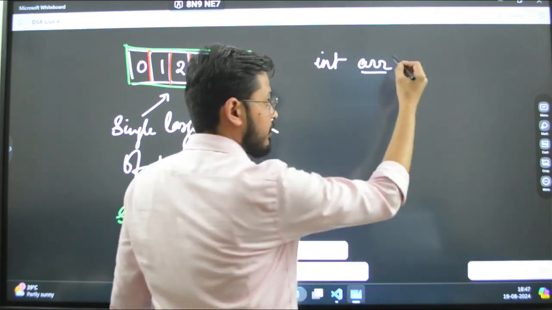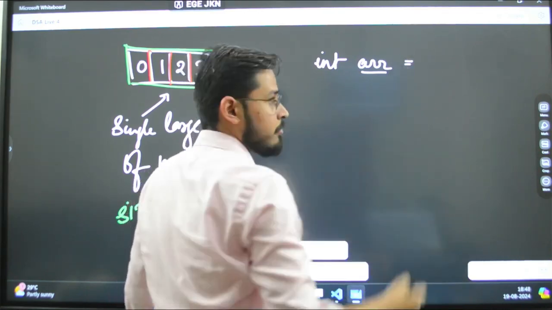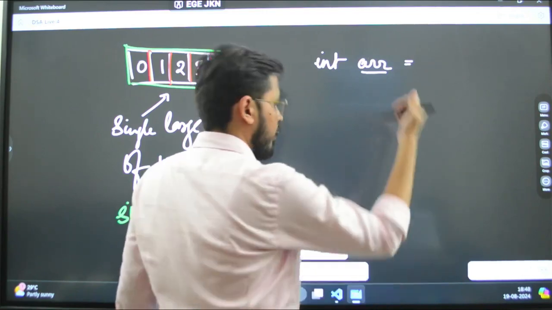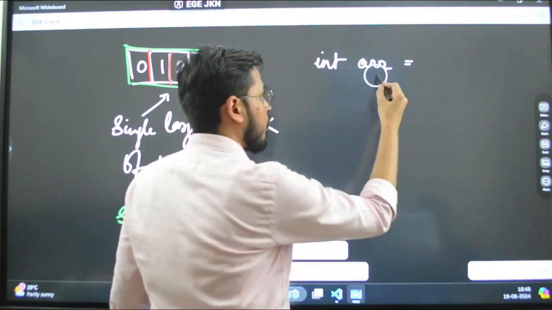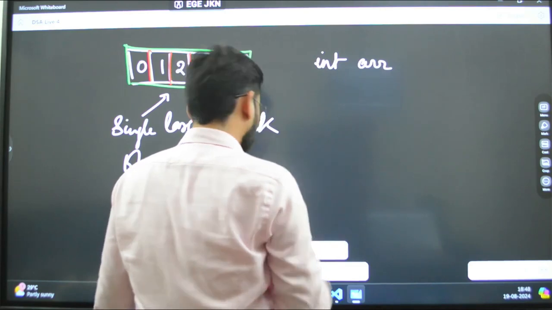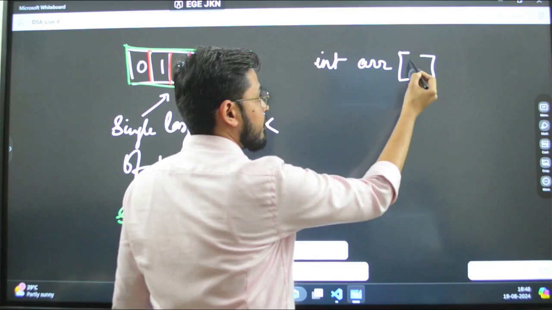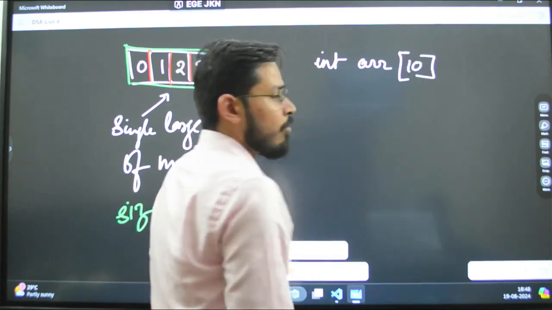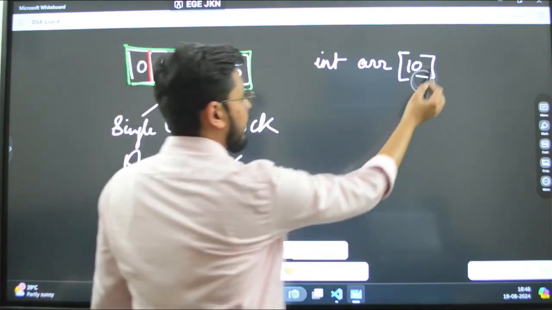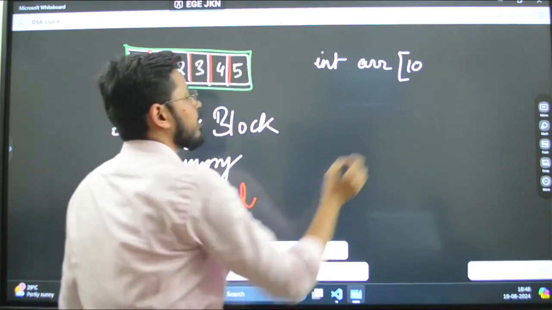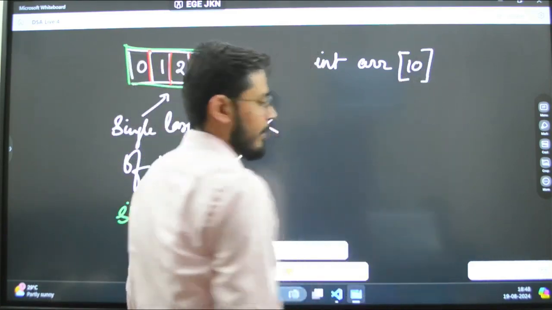Now I am saying that equals. One thing guys, before you say equals, you have to give a square bracket and mention the size. Whatever you write inside this square bracket will determine the size of that particular array.